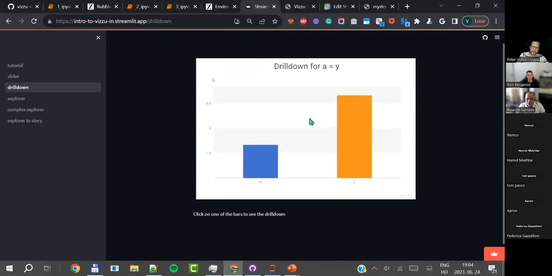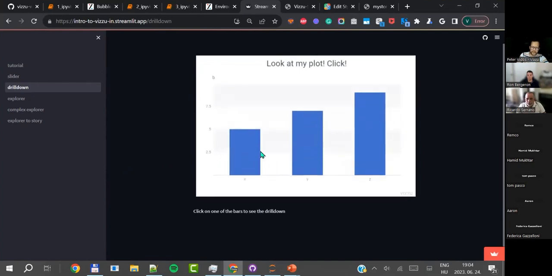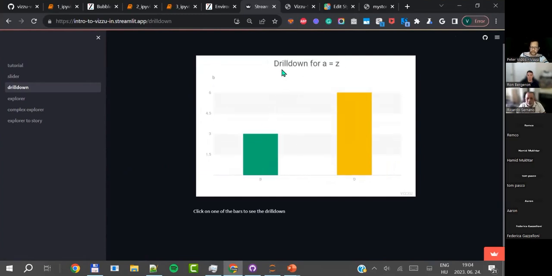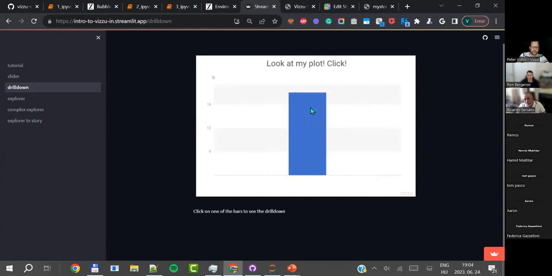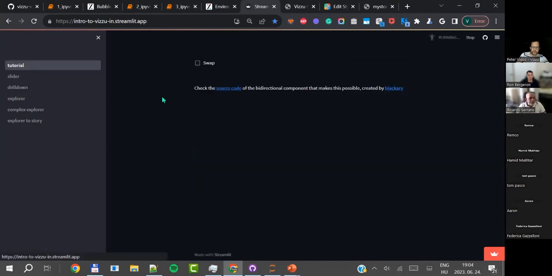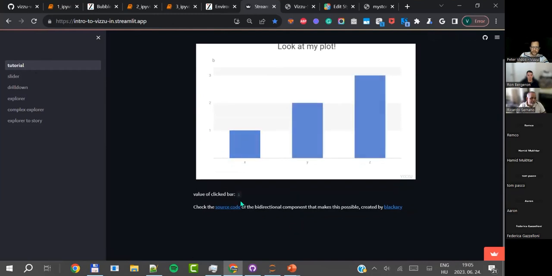So if I click on any of the elements of this chart, then we are going to zoom in and see the components of that element, and the title changes. And if I click anywhere else in the chart, then we go back one level. Also, within the initial example, the bidirectionality is shown: if I click on any of the markers, then the value of the clicked marker is written down here.